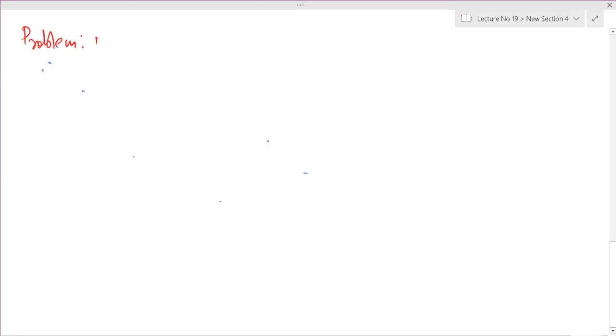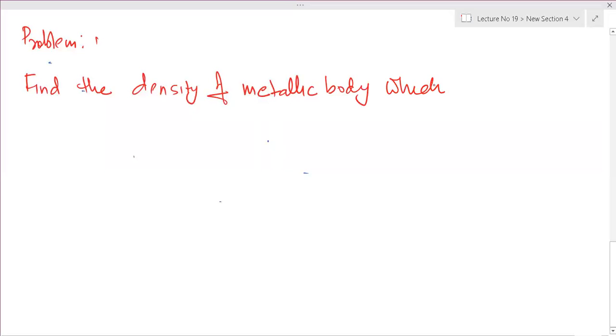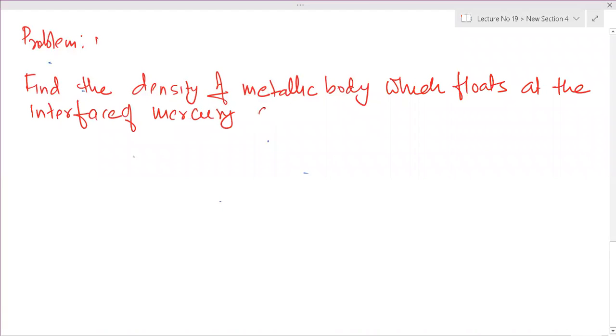So problem 1: find the density of a metallic body which floats at the interface of mercury of specific gravity 13.6, that is 13.6 times heavier than water, and